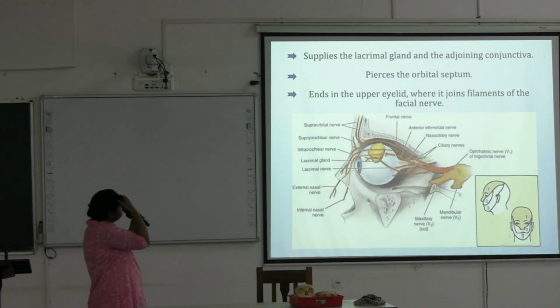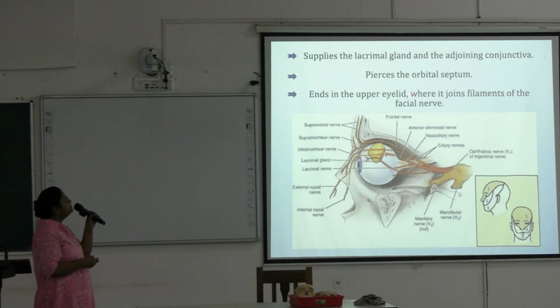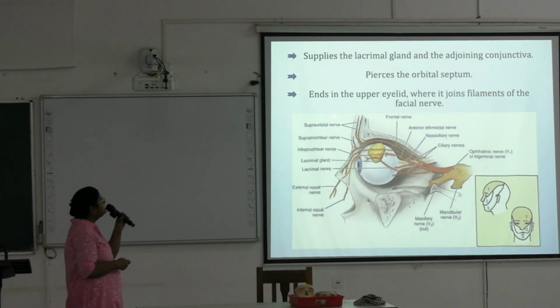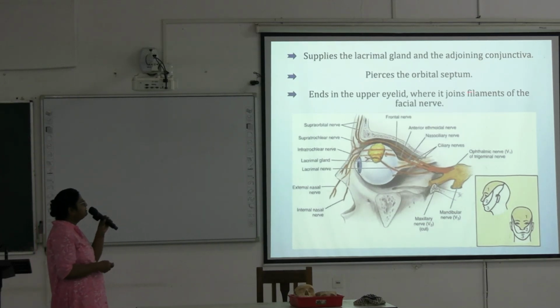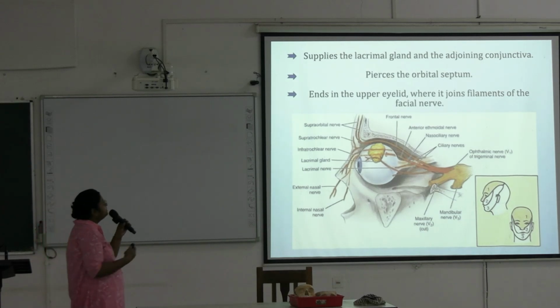So it supplies the lacrimal gland and the adjoining conjunctiva, pierces the orbital septum, ends in the upper eyelid where it joins the filaments of the facial nerve. Okay. Next,